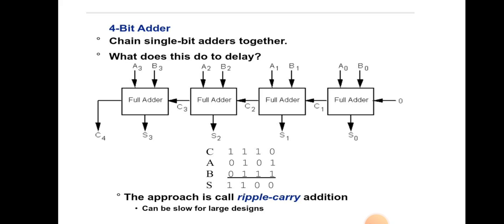This approach is called ripple carry addition. It can be slow for large designs. Okay, so obviously as you have a chain of multiple circuits, it will take a particular time to give the output. Okay, so in today's video lecture we have finished with the 4 bit adder, for which we have